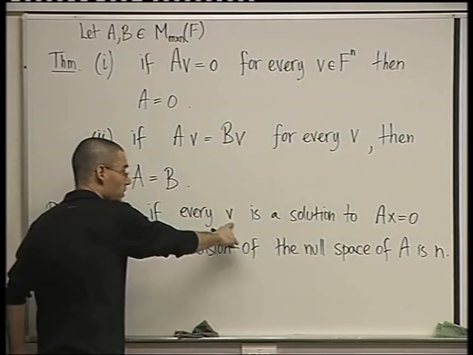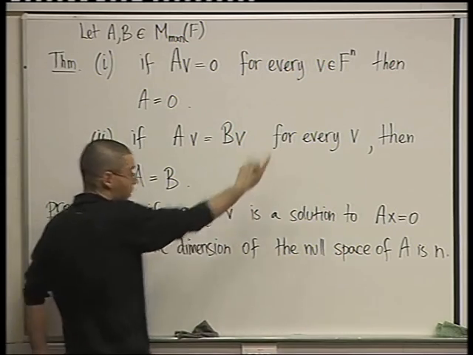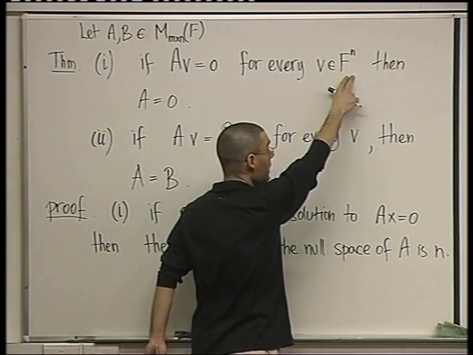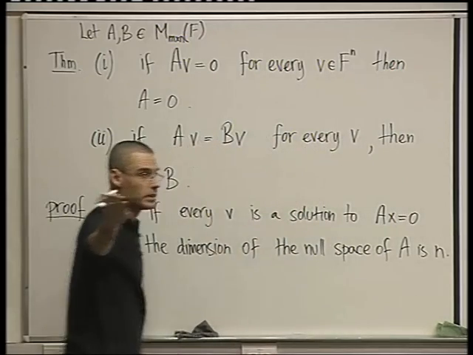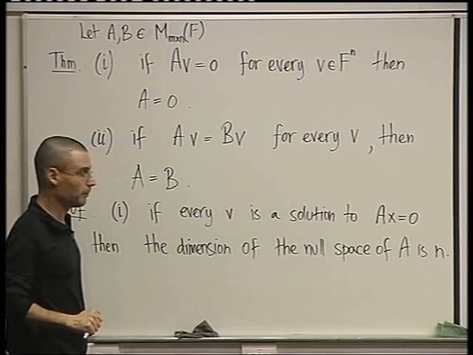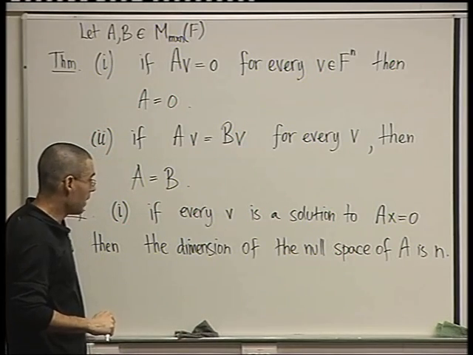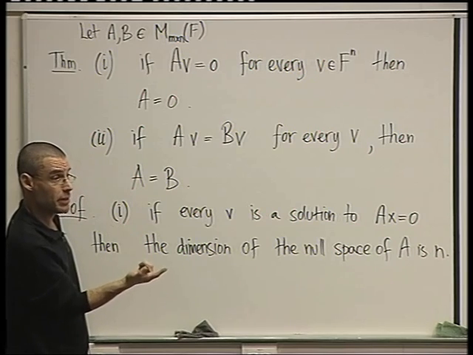Because every vector is a solution, therefore the solution set is all of Fn, and the dimension of Fn is N. And the set of solutions, by definition, is the null space, right? Good, everybody? Okay. And by the rank-nullity theorem,